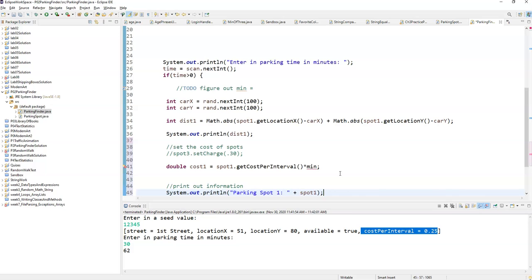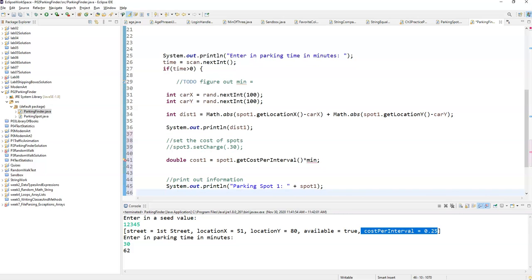And I can kind of make it look nice too by doing one of these things. And I can, inside here, put a tab. That way it shifts it over in the print line. Distance equal to plus distance 1 plus